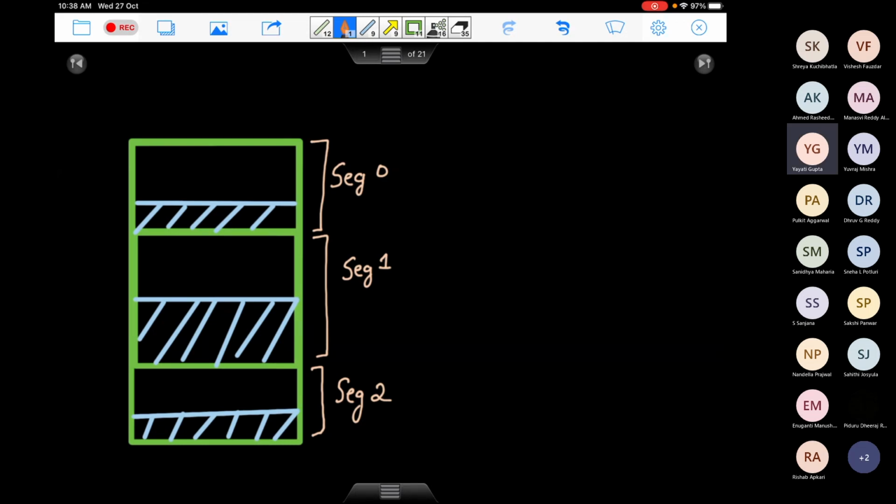So let's get started. Yesterday we were talking about segmentation. So the big idea was, when you look at this entire virtual address space of a process, not all the addresses are used by the process. This figure shows you an example of a process which has 3 segments. Generally your processes have few segments, maybe 3, 4, 5, not more than that.